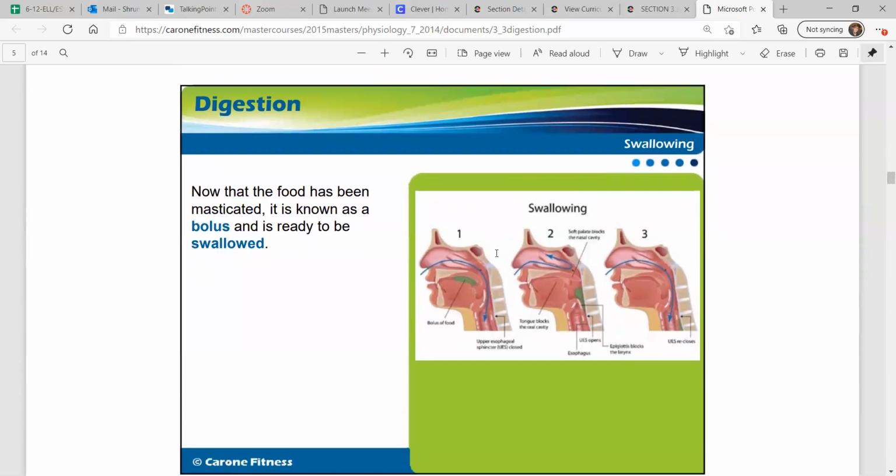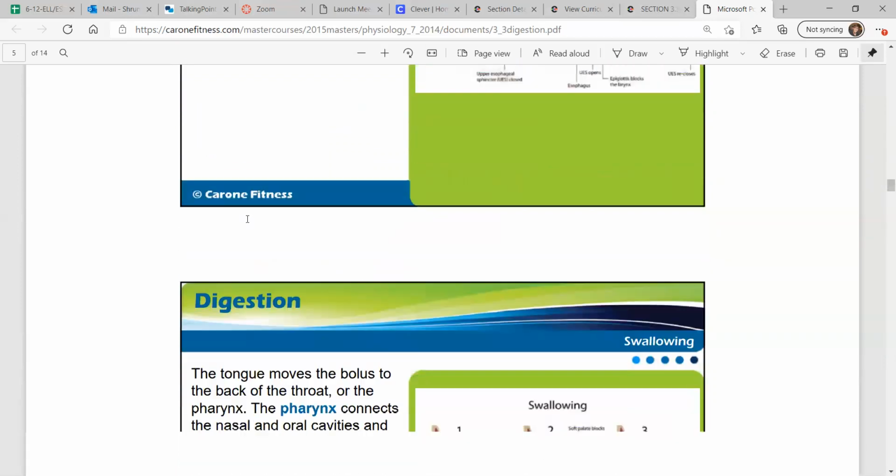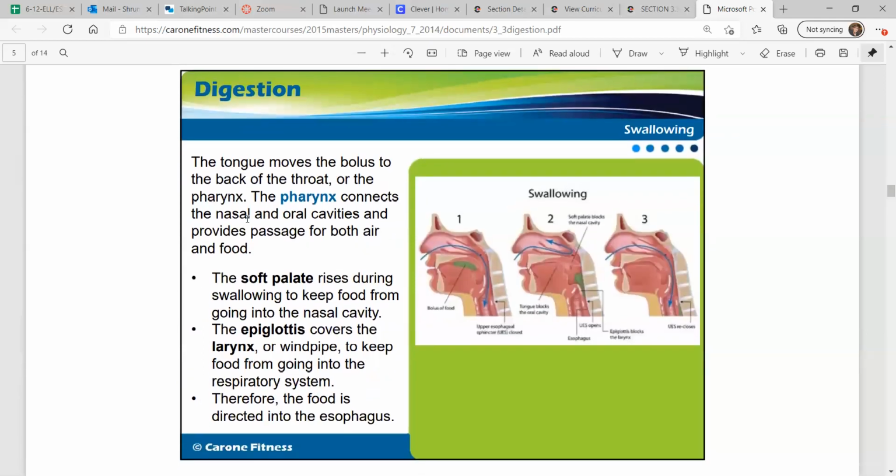Now that the food has been masticated, it is known as a bolus, and is ready to be swallowed. So once the food loses its shape and it's chewed up, we call that another thing, just to be more specific, and it's a bolus. And then you swallow that, the tongue moves it back towards the back of your throat,